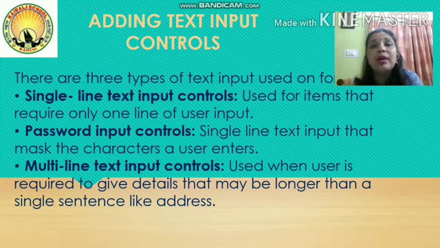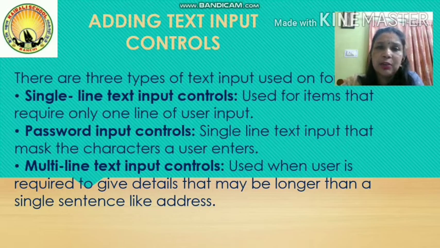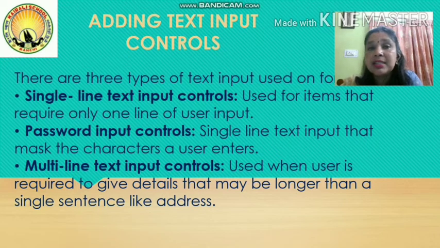Okay, these two are created with the help of input tag with two more attributes, which I'll be discussing in the practical part also. The last one, which is multi-line text input control, is used when you have to collect more details in a single field. Like the address part which we discussed in the beginning of the presentation, there are multiple lines like lane number, street number, then nearby place, then some landmark, many things are there to be collected. So a single line text input control won't help in this case. For that you need a multi-line text input control, and it can be created with the help of textarea.